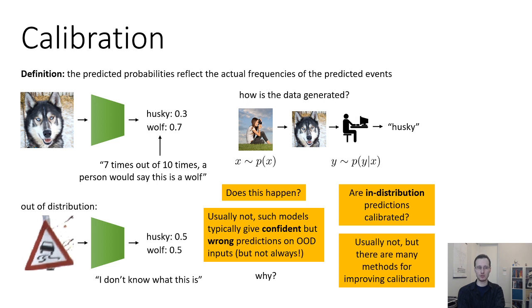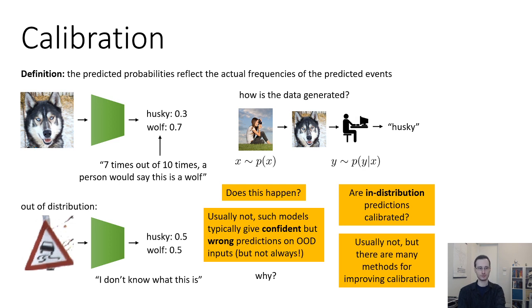This is one of the known issues of high-capacity models like neural nets. They tend to get very high accuracy, which means that the most likely category is usually the right one, but they do not tend to be calibrated. Even for in-distribution images, the probabilities that they output often do not reflect the real frequencies of those events. We don't know precisely why this is true, but one reason why we might speculate it's true is that for neural networks with such high capacity, it's actually pretty easy for them to assign excessively high probabilities to images that are actually ambiguous. Essentially, they are very, very good at predicting the label, so good that they are more confident